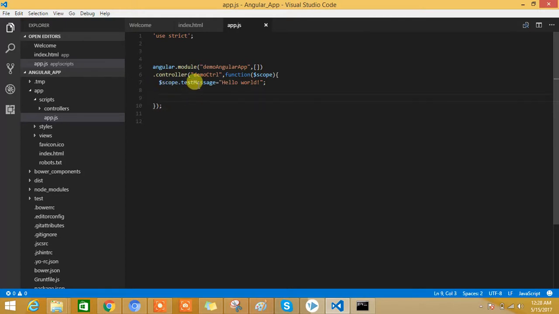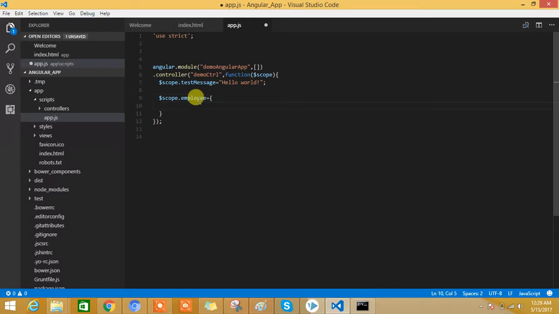It's not like we can define only single properties within the scope. We can also create a complex object within the scope. We will see how to do that. For example, this is my controller, Demo Controller. Now I am trying to pass a complex object from this Demo Controller to the view so that the view can display it in the browser. We can do this with $scope. Then I want to define an employee object,